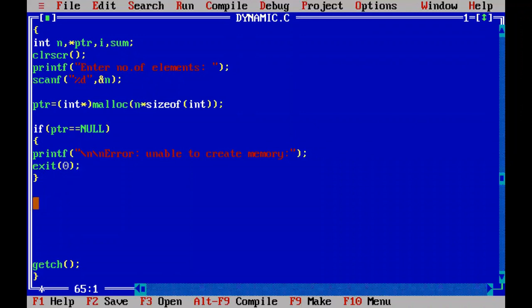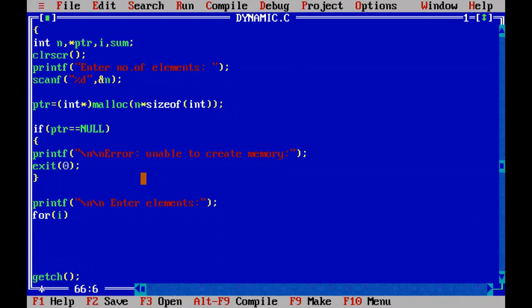Ask the user to enter 5 elements into the 5 memory locations. printf("\nEnter 5 integer elements").